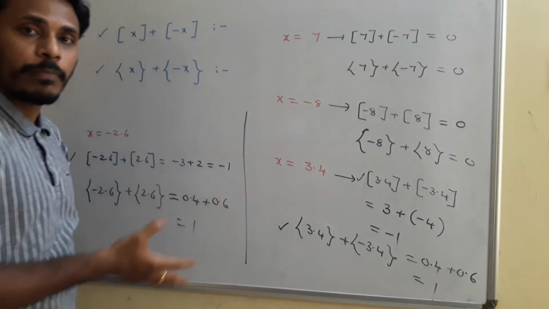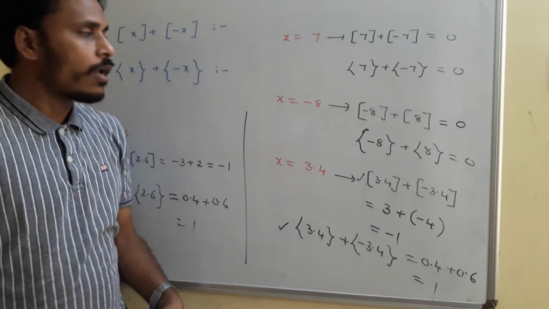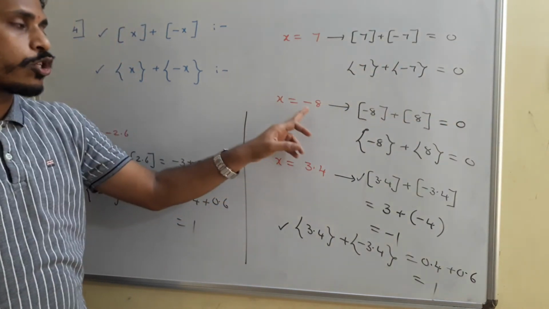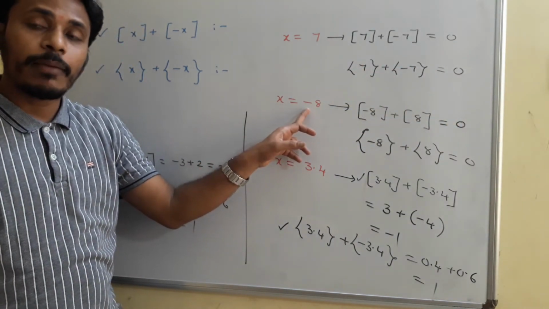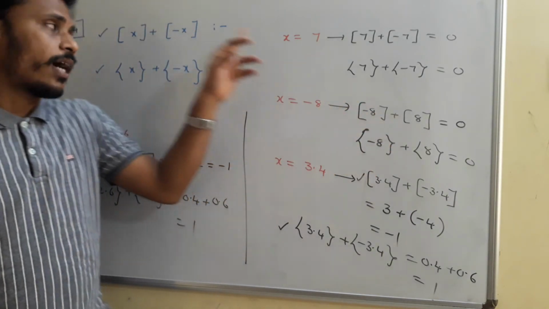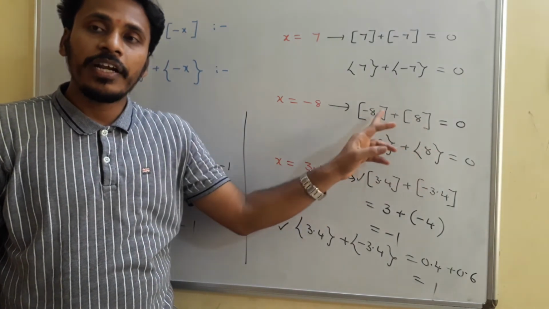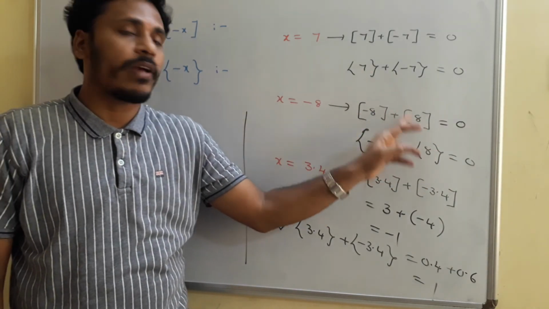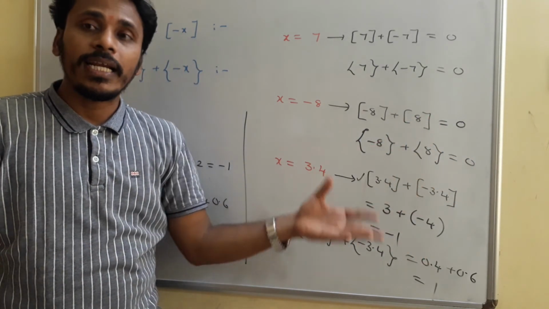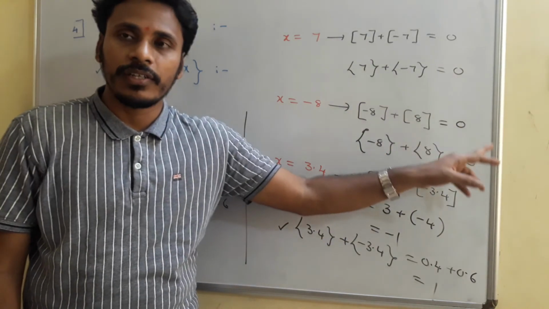Whereas coming to the fractional value of an integer, it is again 0, right? And that's why their fractional values are 0, the summation is 0. If x is equal to minus 8, again you need to take minus 8 in the place of x. So the first one, floor x, will become floor of minus 8, and the second one, floor of minus x, will become floor of 8. These two are integers and its floor value is minus 8, its floor value is 8, summation is 0. Whereas coming to the fractional values, for integers the fractional values are 0 as we discussed. So 0 and 0, its result is 0.